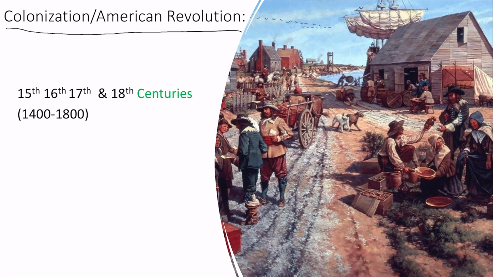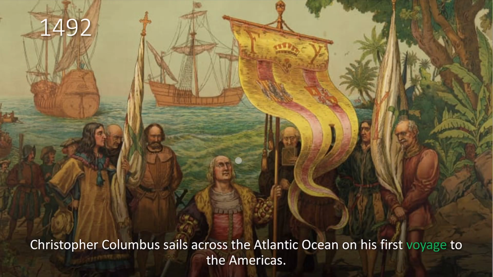So we're talking about 1492 to 1802. Remember, that's what we're talking about today. All right. So here is our first event that we can add to our timeline. We can add in 1492 that Christopher Columbus sails across the Atlantic Ocean on his first voyage